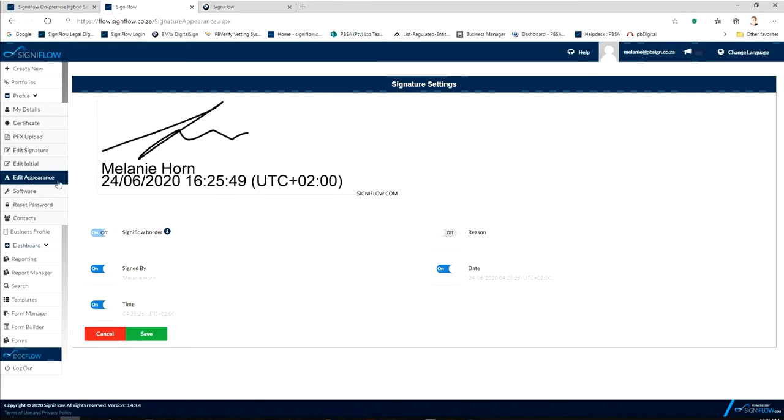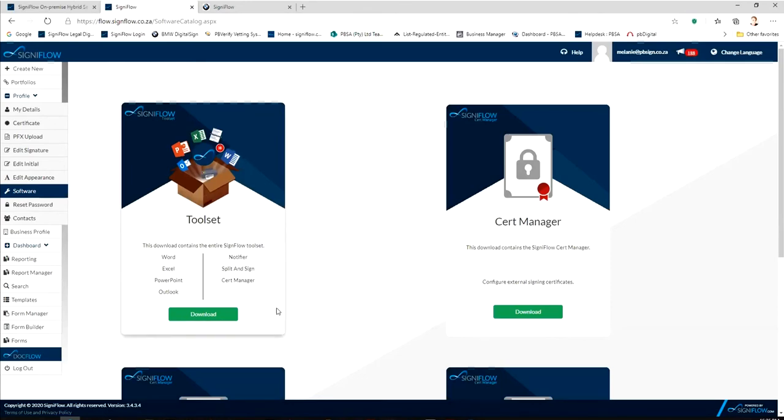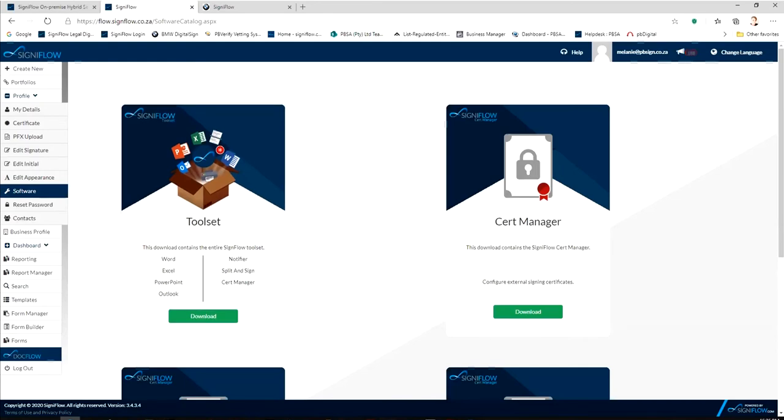Then we've also got the actual software. Now, inside SigniFlow, you would be able to download the toolset. So the toolset is fully integrated into Word, Excel, PowerPoint, and Outlook. And then you also have a full notifier. So when we actually look at, for example, Word,